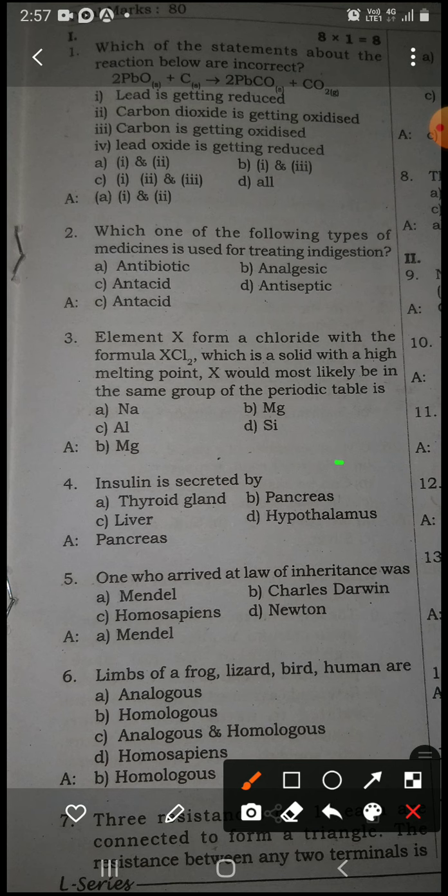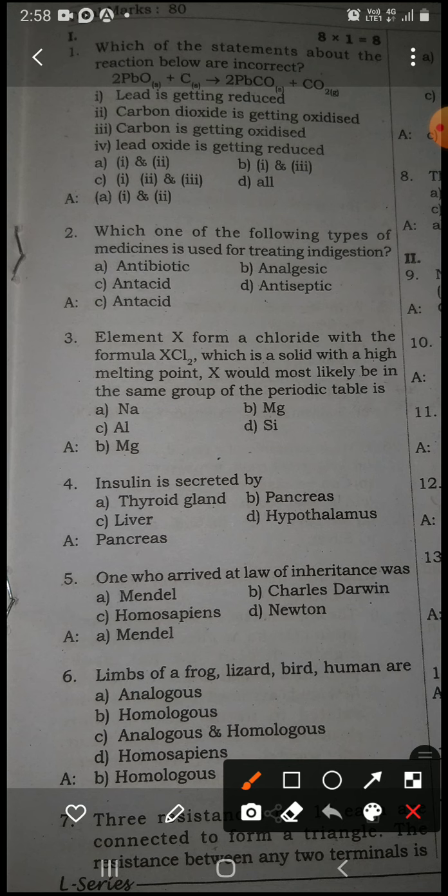So today, let's try to solve another set of question paper in which we are going to solve the multiple choice questions as well as 1 mark questions. That is 8 multiple choice questions and 8 1 mark questions, a total of 16 questions we will try to cover in this session today, children. So without further delay, let's start the questions. We shall find out the answers and we shall discuss them.